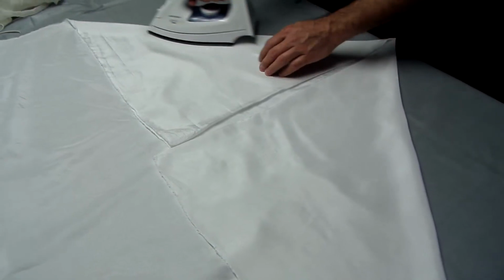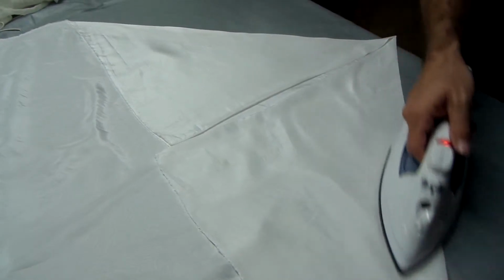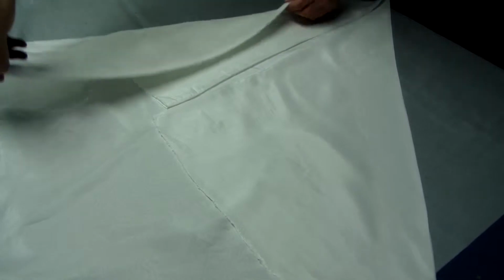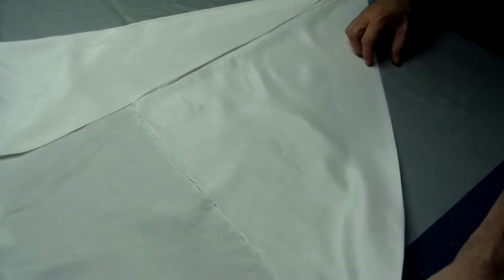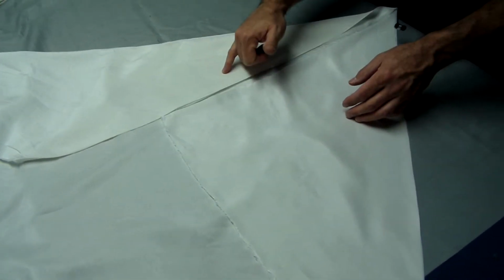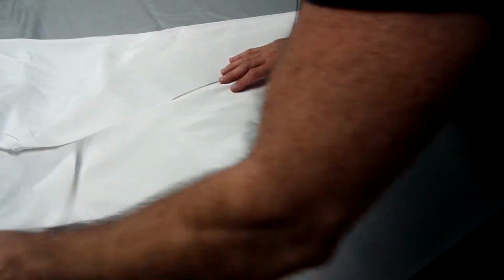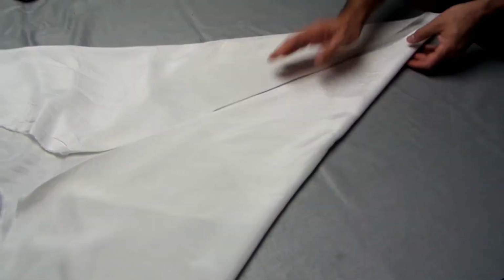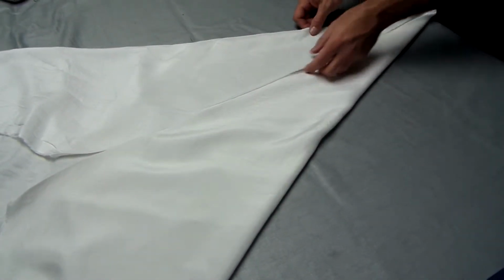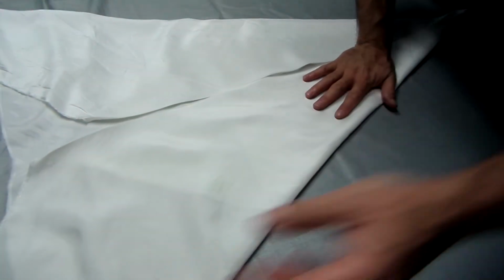He's not cheating. But yeah, so we fold these and iron them. And then we fold them once more. So we have gone from 1, 2, 3, 4 to 8. So we have 8 creases in here. So that little triangle is, and then we have another set of 8. So there are 16 creases in the whole piece. I think that's probably going to confuse people, but